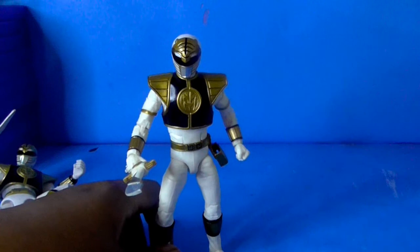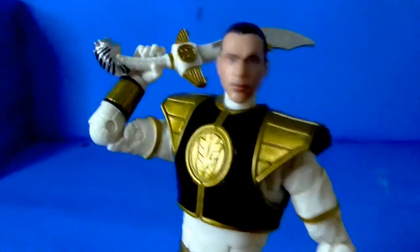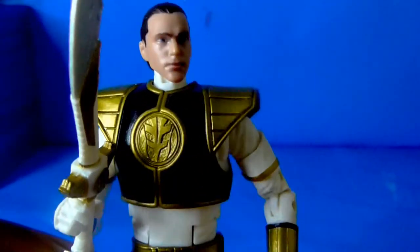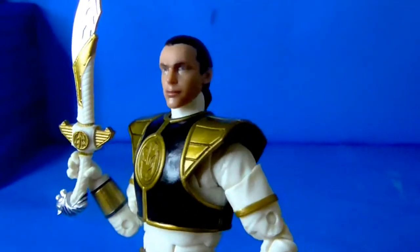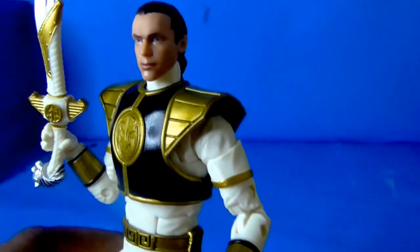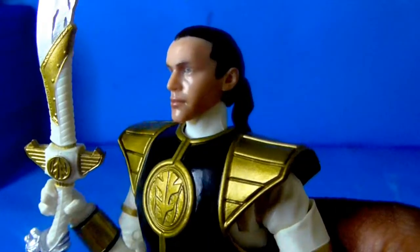Let's take a look at how Tommy looks unhelmeted with his head sculpt. Okay, now let's take a look at Tommy without the helmet on. As I theorized, while I minded them trying to be as faithful as possible on the likenesses of the Power Ranger actors, given this was from the first two waves of the Lightning Collection, with Kimberly being part of Wave 2, although it's going to be hard for me to get Kimberly at this point in time right now. But in terms of this Tommy head sculpt, this Tommy head sculpt does look a lot like Jason David